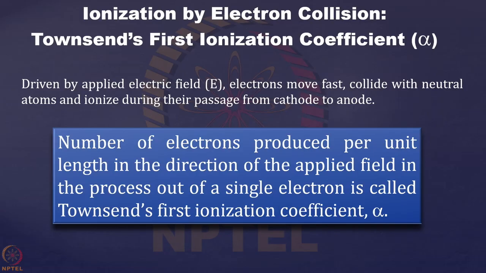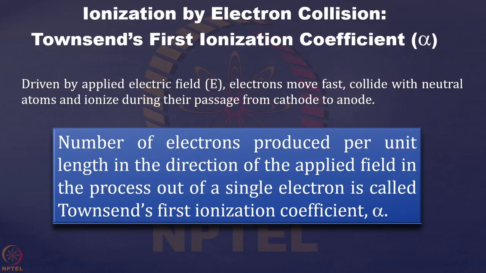Once they collide, once they are driven by the electric field, they will gain energy and they may collide and produce some more electrons. Those electrons will again participate in the acceleration process, gaining energy, and then finally they will produce more and more electrons, and a time will come when you are able to produce an infinite number of electrons in practical words. Actually nothing is infinite, so very large ionization you will be able to create, and that is the time when you say that breakdown has happened.